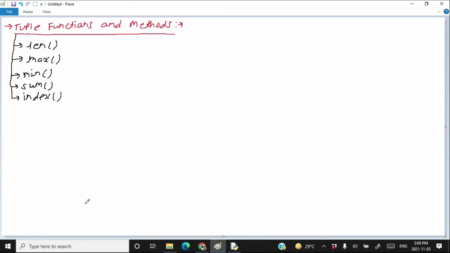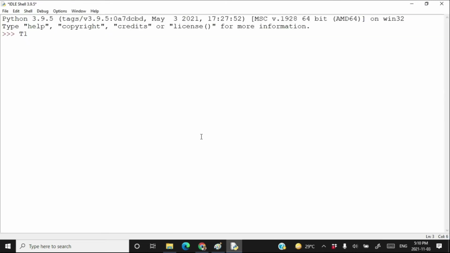Okay. After the index method, we have something called the count method. The count method counts the appearances of an element in a tuple. T1 is equal to (2, 4, 2, 5, 7, 4, 8, 9, 9, 11, 7, 2).